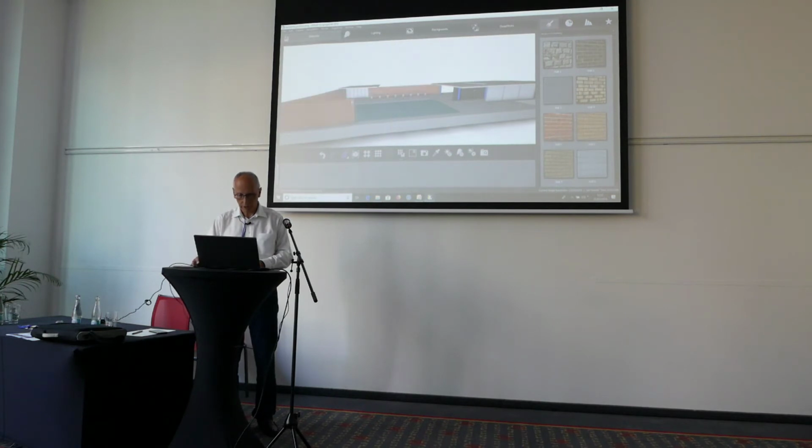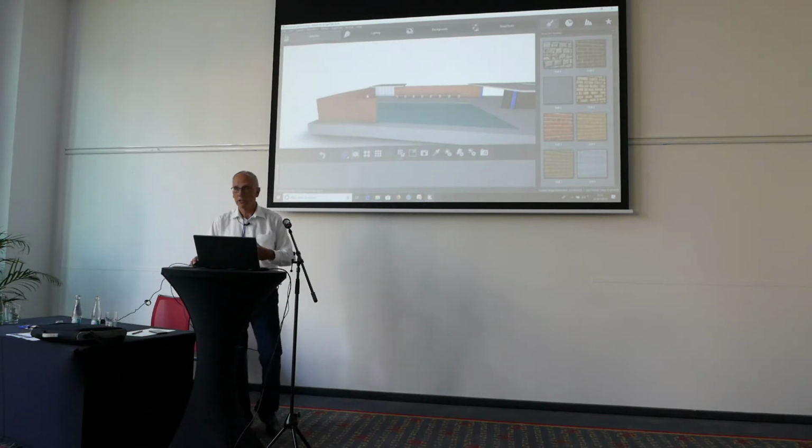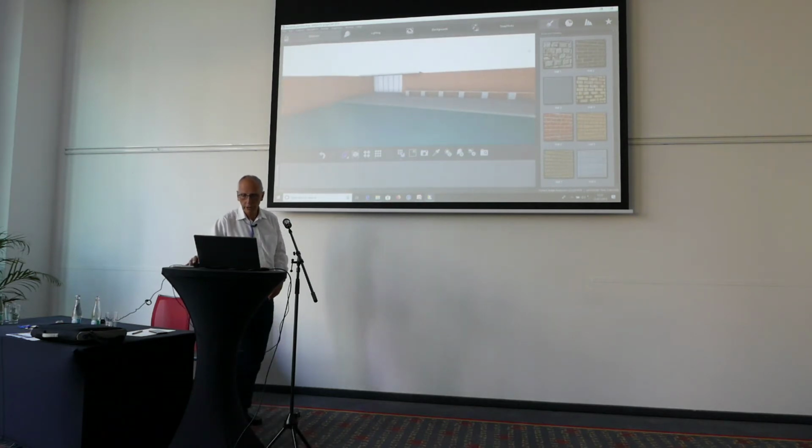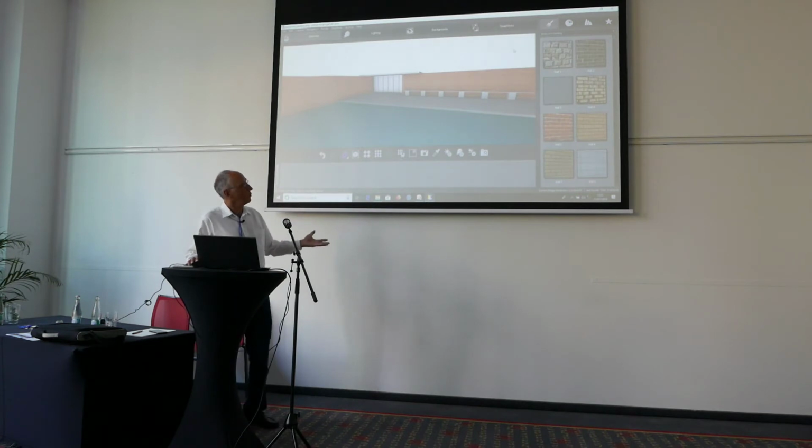Let's put the bricks back on. I can carry on moving it now, of course. I can now look at this. It's a standard OpenGL view. It's not particularly different. And what I can do is I can carry on dropping materials on here, or I can use some materials